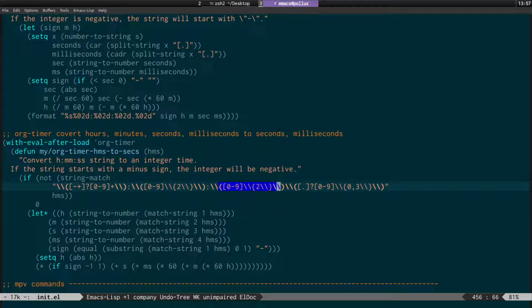And this is the third group. And finally, what we have here is the fourth group. And the reason this is important is because what you can see down here is these things here. What this is doing is it's setting these variables like h, m, s, ms to be equal to a string match. And you can see what we've got here is match string 1 HMS, and HMS is the